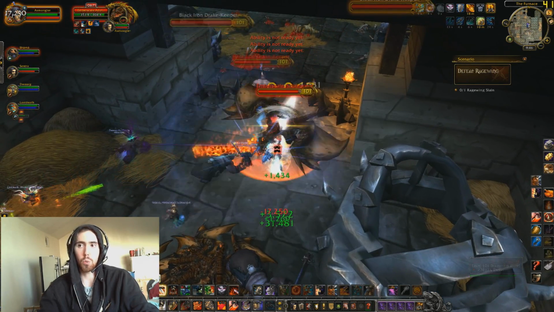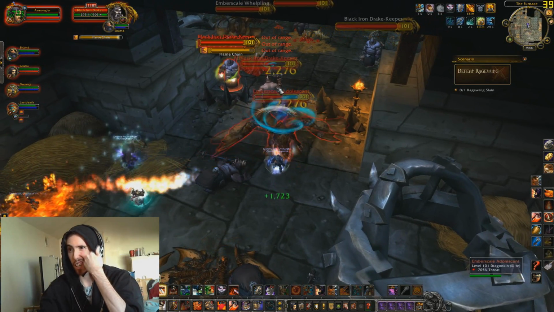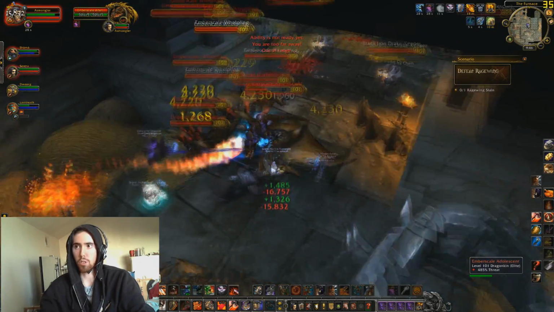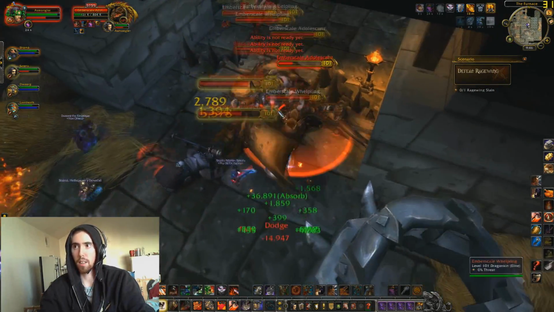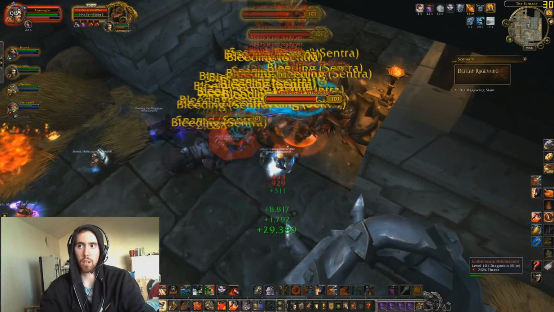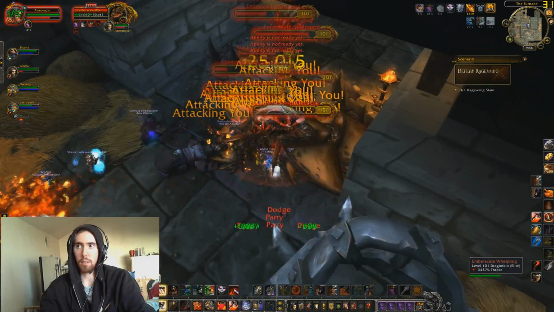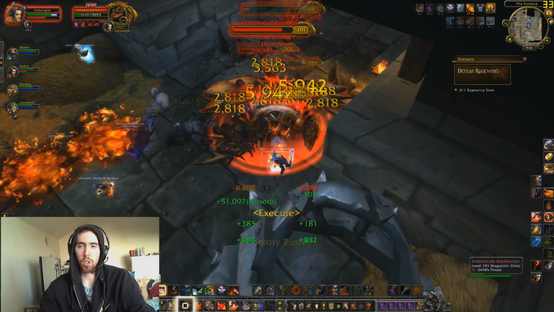And as a warrior, what I did here to get aggro after I saw it for the first time is I put down a Mocking Banner, and this pull was extremely easy to deal with, even with all of these ads going after me. We didn't really spend any time trying to stop the ads or anything like that. And as you can see, they pretty much die really easily. And after they release all of the